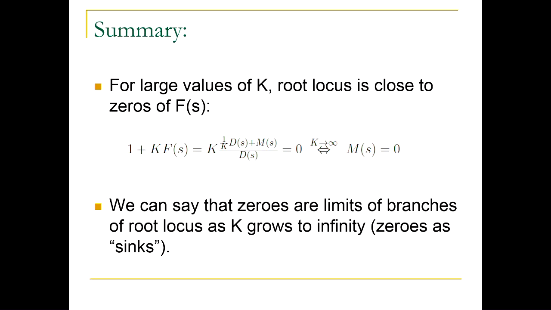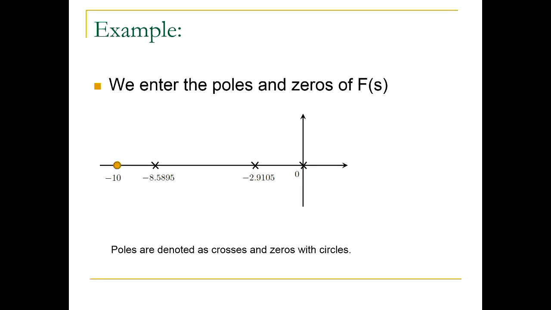So, by the way, in the example we saw, we had 3 poles and 1 zero. We already said that there are 3 branches, maximum between the numbers of poles and zeros. So there are more poles, so there will be 3 branches. We said also that each branch would emanate from each open loop pole. From each cross, there will be 1 branch coming out. And for large k, branches will end up in these circles.